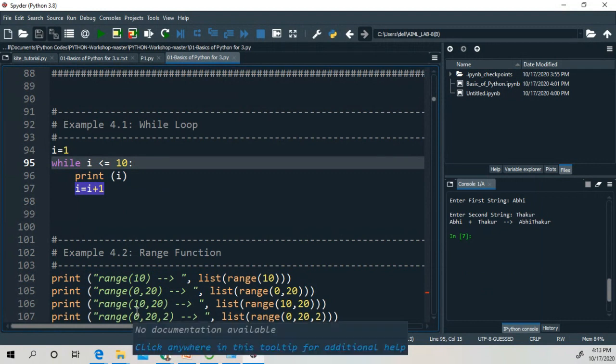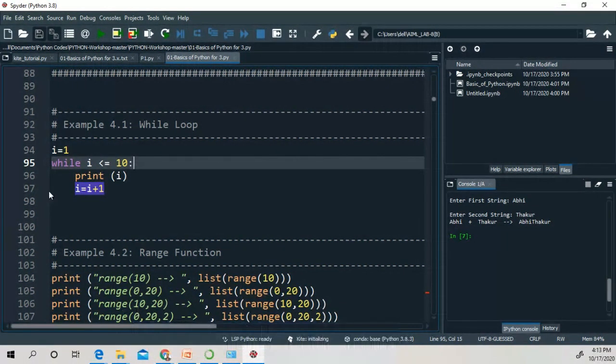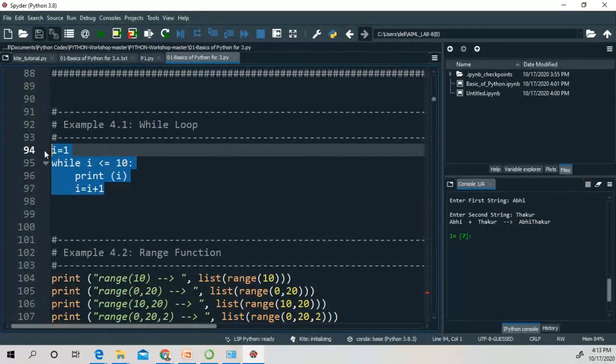So write in chat box, what is the output for this program? For I is equal to 1, while I is less than equal to 10, print I. What is the output? Write in chat box. 1 to 10.